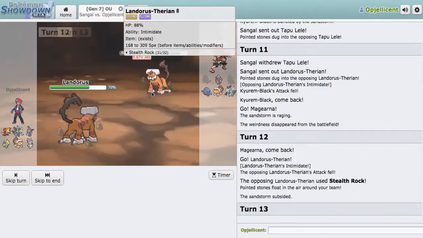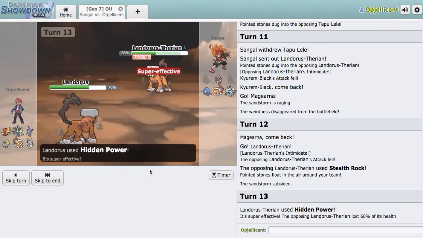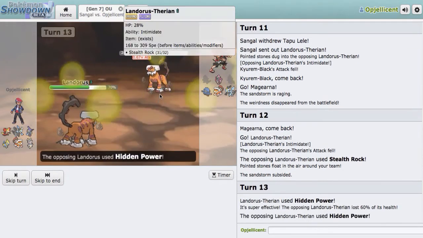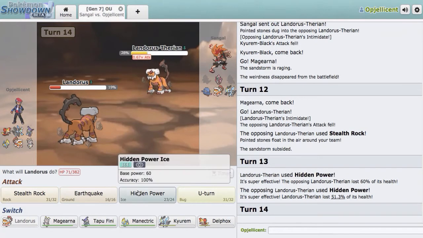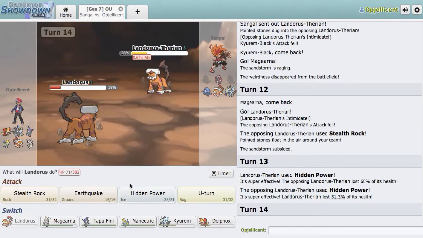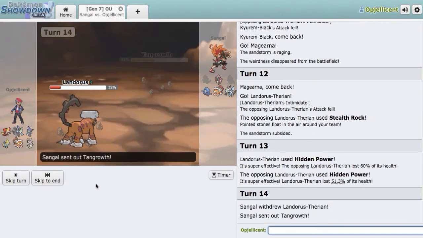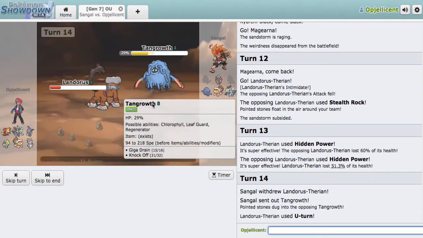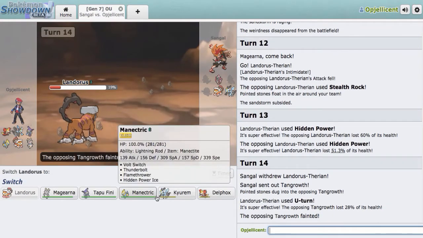He does get up those rocks, and we already have ours up, so what I'll do here is just go right for the HP Ice. He'll probably do the same, or U-turn. He does go right for the HP Ice, so this is where that speed really comes in handy, because I can HP Ice right here. I can also U-turn. Yeah, he does switch out, so I'm glad I U-turned right there. We'd actually knock him out on the switch, which is cool, so now what I'll do is just bring out my